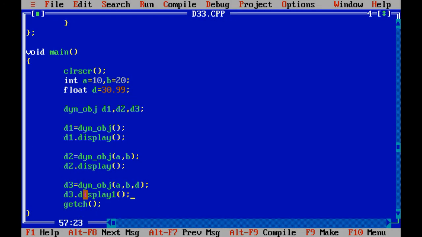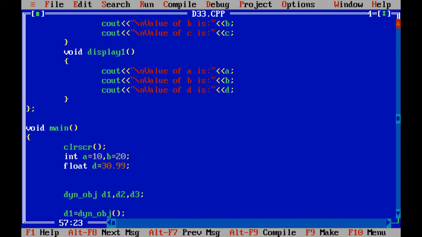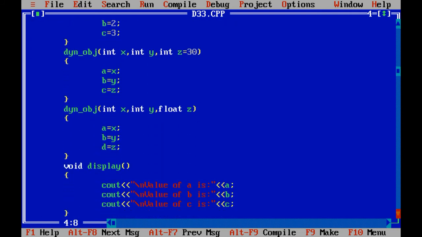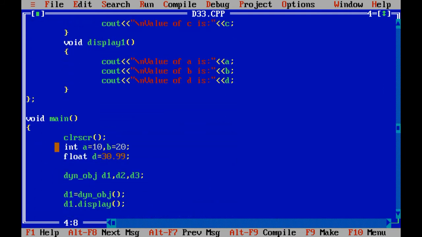Let us understand the program. What code have we created over here? We have created one class called dynamic_object. Dynamic object means what? When you pass any values from void main, in such cases the object is created dynamically. How?